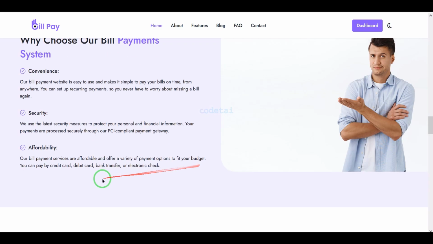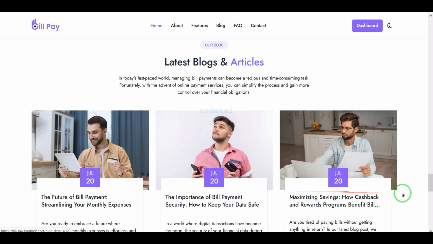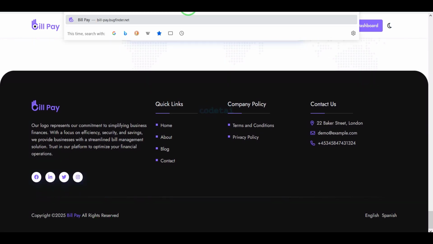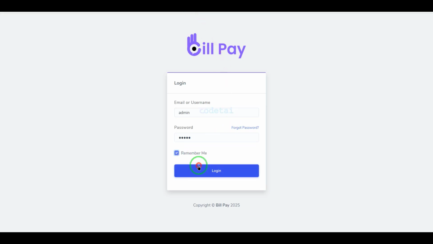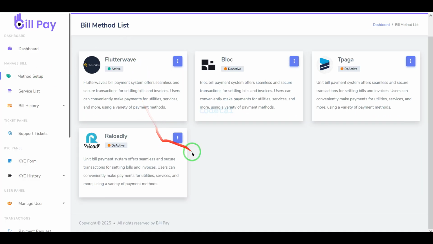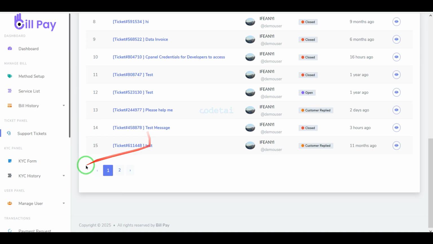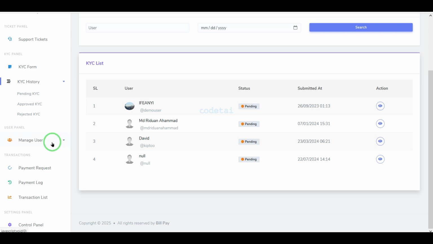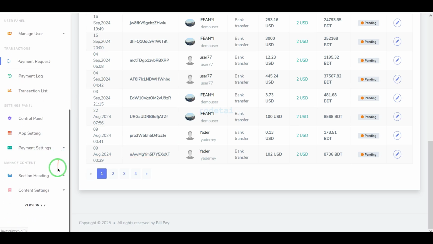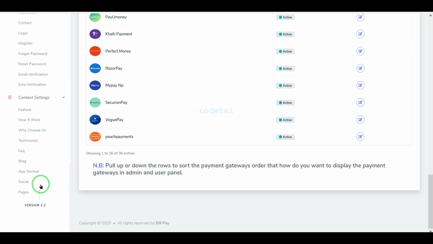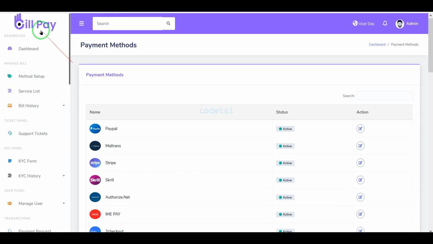If we create a website using this premium source code, we get such a nice homepage design. We are getting a professional admin panel to manage this website. We can easily manage all the functionalities and features of this website through the admin panel, because as you can see, this admin panel has all kinds of feature sections step by step, which is enough to manage this website.